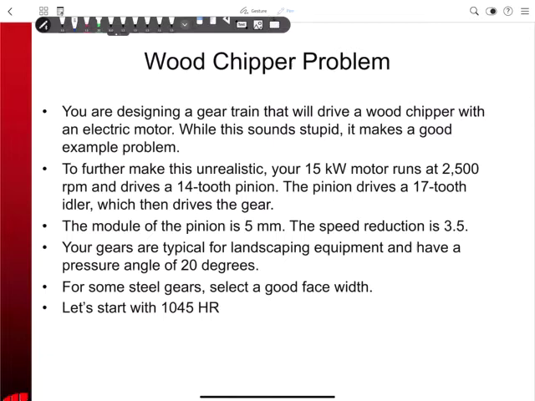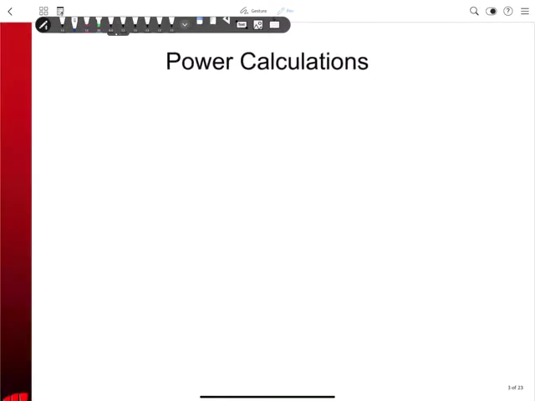For some steel gears, we're going to select a good face width. We've got to start somewhere, and so I decided, well, let's try 1045 hot rolled steel because we know some properties of that. All right, so let's go from there. The first thing we have to do is some power stuff, right? Well, I know that 15 kilowatts